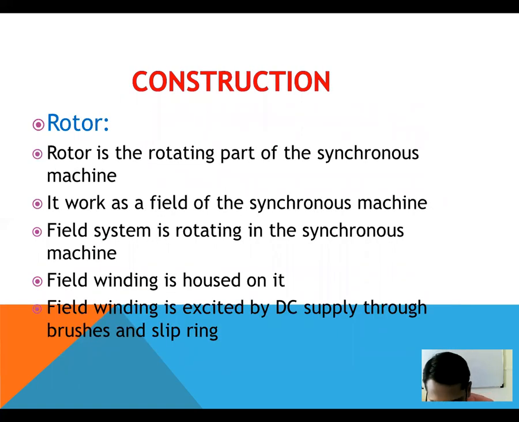In case of the salient pole type of rotor, the term salient means projecting. The salient pole rotor consists of poles projecting out from the surface of the core, and the rotor is made up of steel lamination to reduce the eddy current losses. Poles are of identical dimensions and bolted to the steel spider keyed to the shaft. Rotor windings are mounted on the poles.